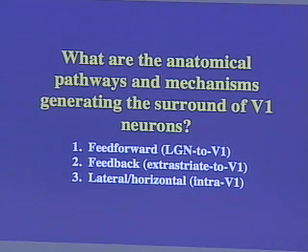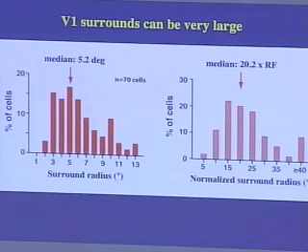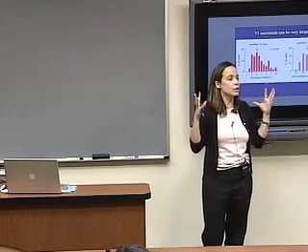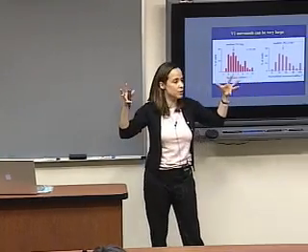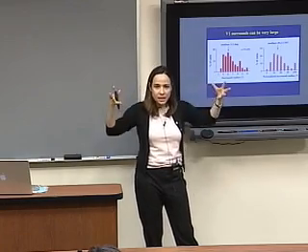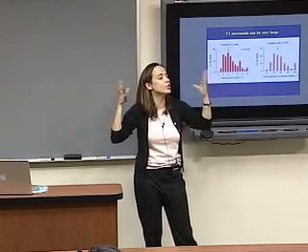And what we did was we performed studies a while ago in which we basically looked at the spatial extent of each connection type and at the spatial extent of the surround fields in V1. So we asked, how big are these physiological surrounds, and how does this extent correlate with the extent of each connection type?